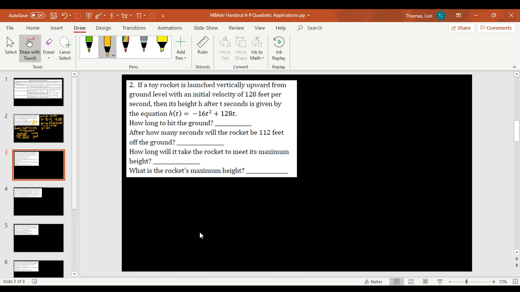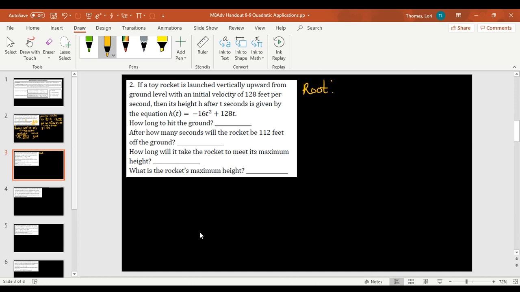We know we'll have one root that is 0, and then we will have a root that's positive. I know one root is 0 because this starts on the ground. So let's take a look at finding the root. The positive root will answer our first question. Now I'm looking at my equation and I don't have a C value, and I can see that 128, again,